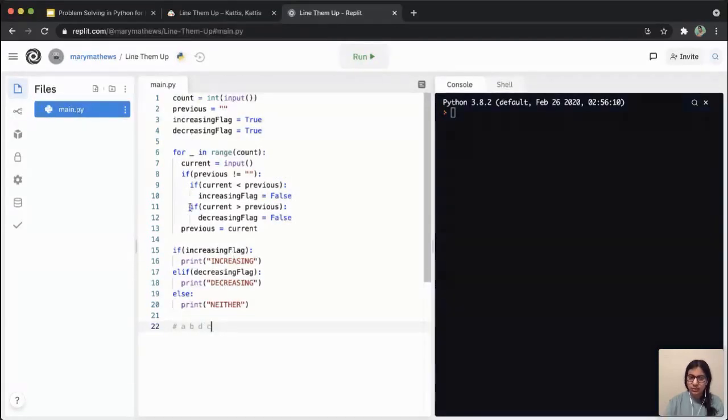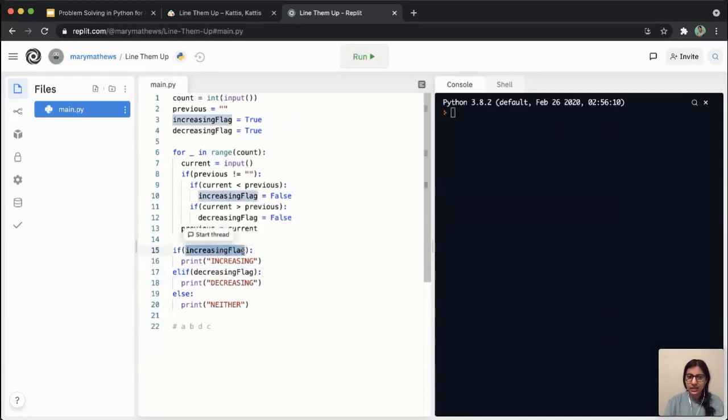And then finally, when I come to the last input, to the last name, then I'll exit the loop. If my increasing flag is still set to true, it means that my names are sorted in increasing order or ascending order. If my decreasing flag is set to true, it means my names are sorted in decreasing order. And if neither of these is true, it means that my names are sorted in neither decreasing nor increasing order.